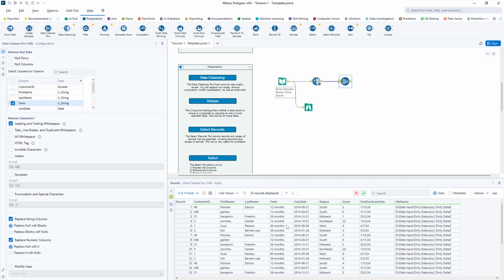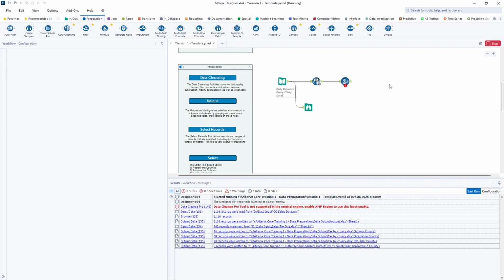And there's a couple of ways of doing that. But one of the things that I could do is I could select term directly. And I'm going to be very tactical about this. There's no leading and trailing white spaces in there. But I want to remove all white space and all letters. And it's only going to leave the 12 behind. Right. Now, again, lots of other options that I could do here. I'm just going to uncheck everything. So this is all that I'm going to do. And when I run that,